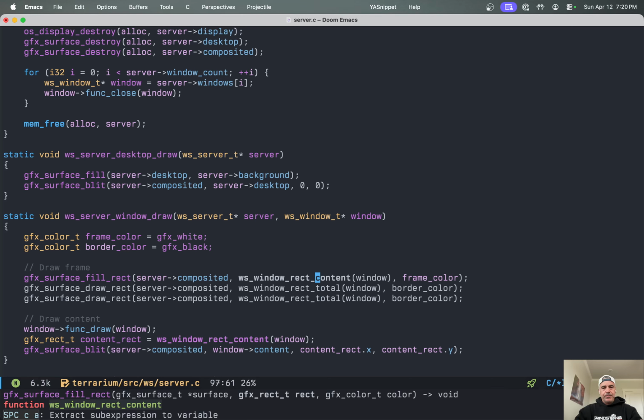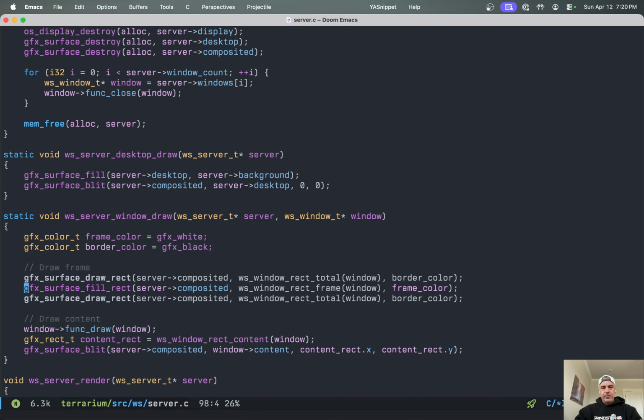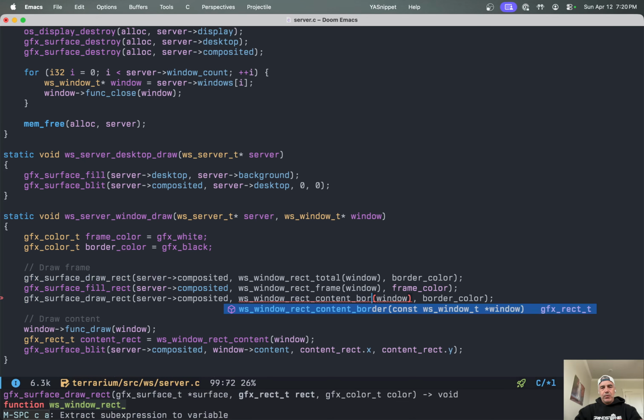This is wrong. So I did content here. That's supposed to be frame. We're going to draw the frame, which is all white. We're going to draw the border. I mean, we can draw that first. But we have to draw the content border